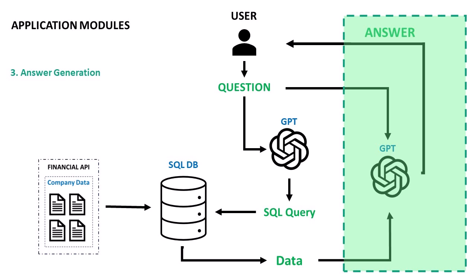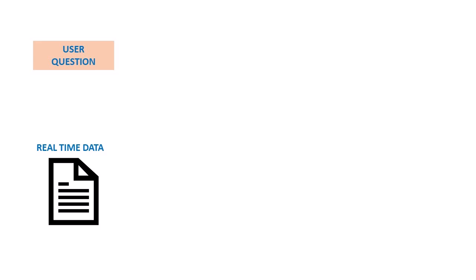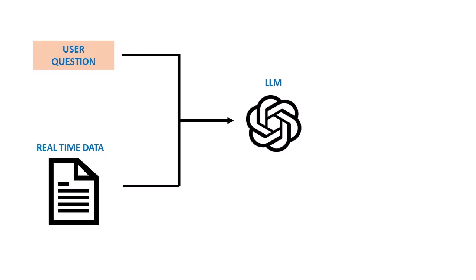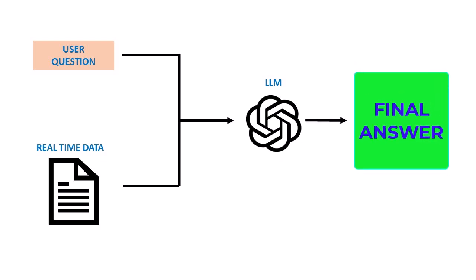This is where we generate the final answer to the user's original question. The way this works is we take the user's question and the information extracted from the database pertaining to that question. Then we send them both to a large language model like GPT, which generates a well-formatted and easy to